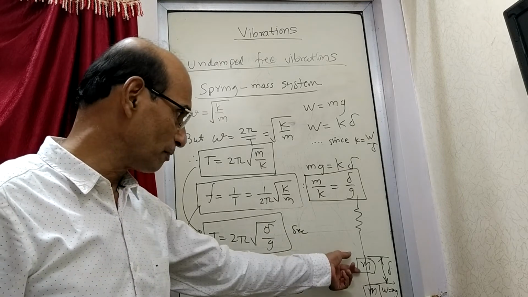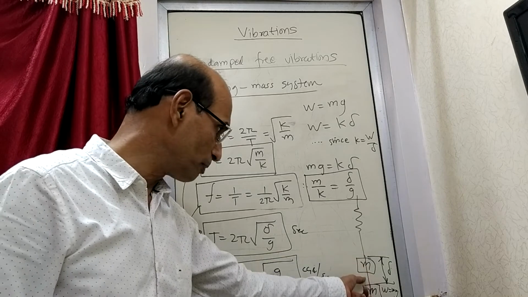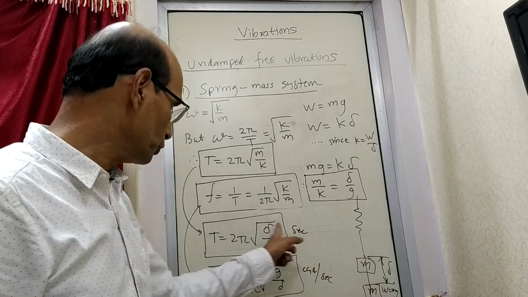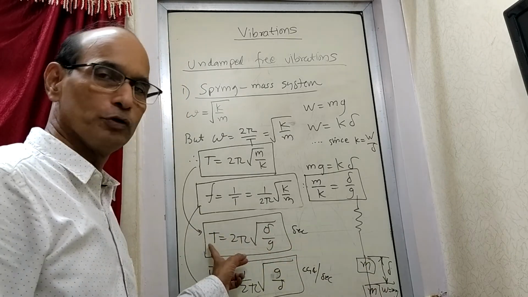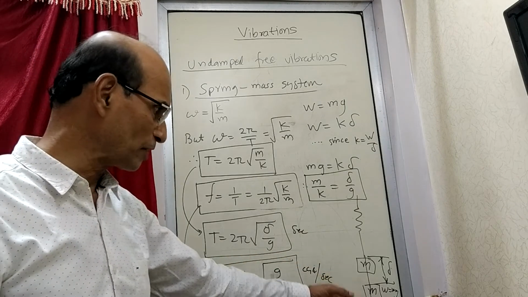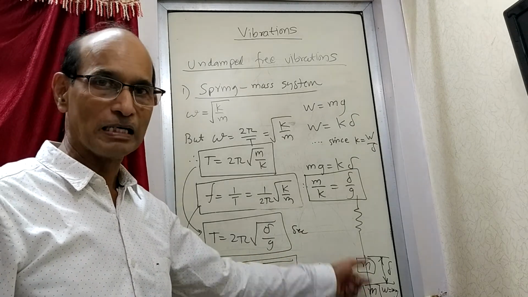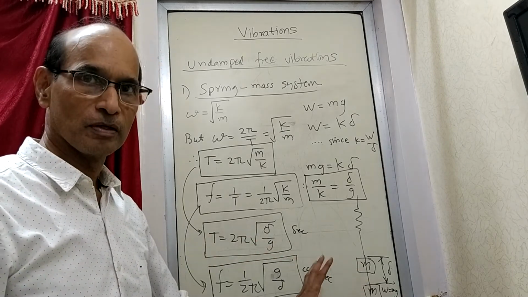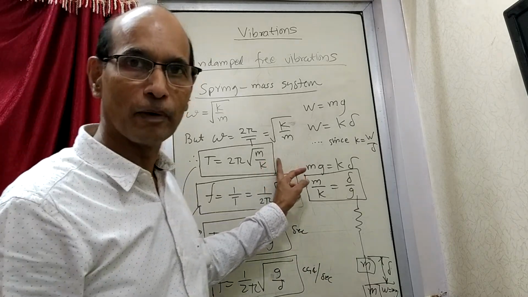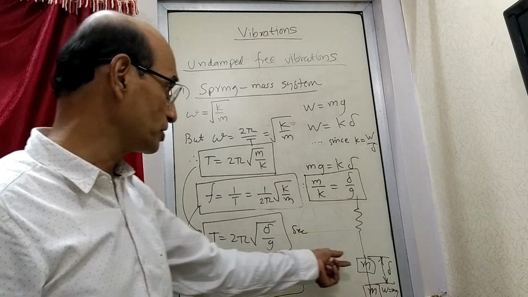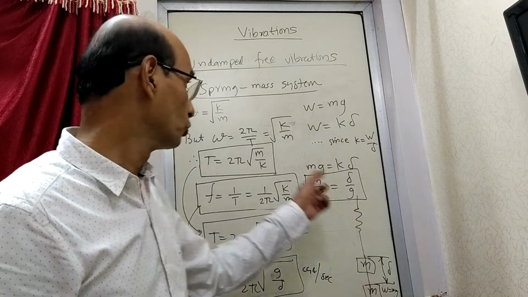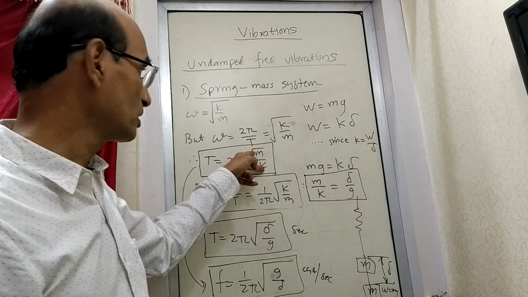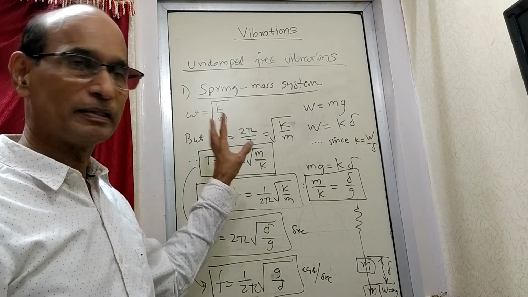That means if you attach a mass, and because of this mass, suppose the spring is stretched by displacement delta, then this displacement of the spring delta you can use here in this equation, and that will give you the periodic time. You can see here we have not actually started the vibrations, but if you start the vibrations, then those vibrations will have periodic time given by this expression. If you try to use this equation, then what will happen? You can do that, but then you need to know how much is this mass. You need to know what is the stiffness of the spring, what is the property of the spring. If you know these two things, then you can find out periodic time still. But that is not so easy.